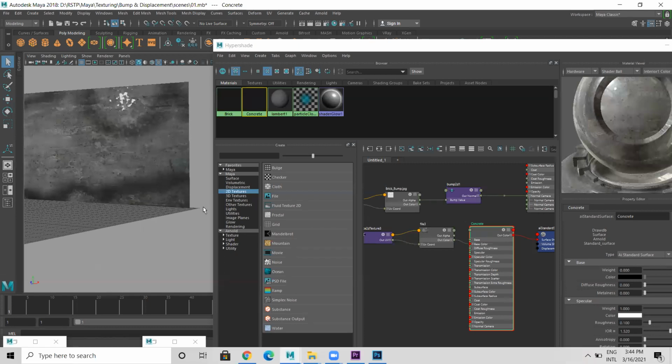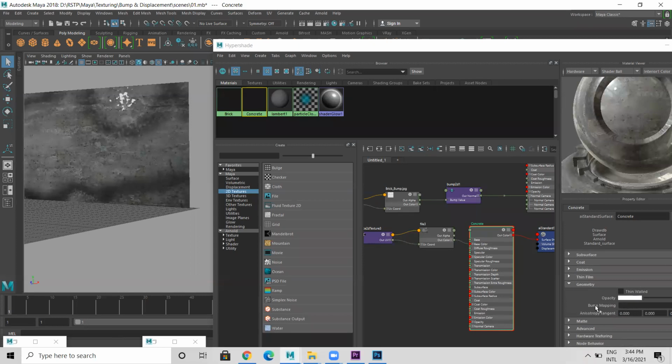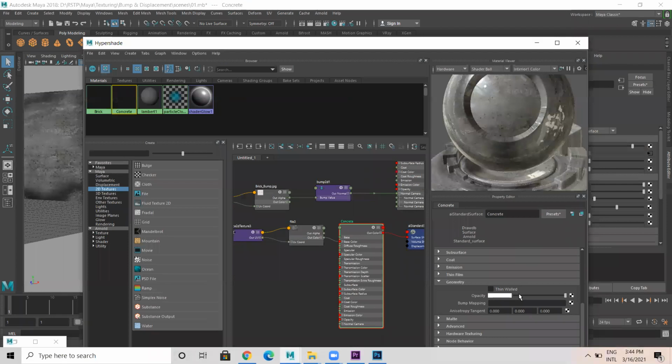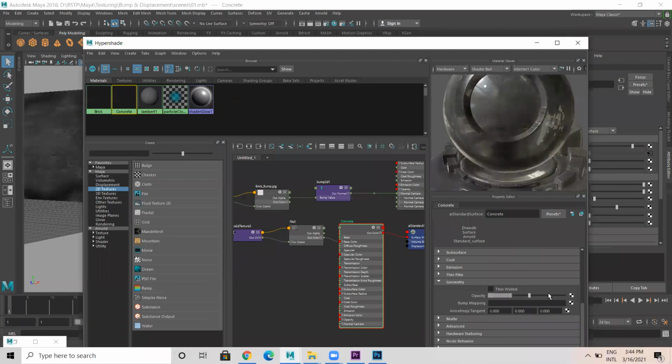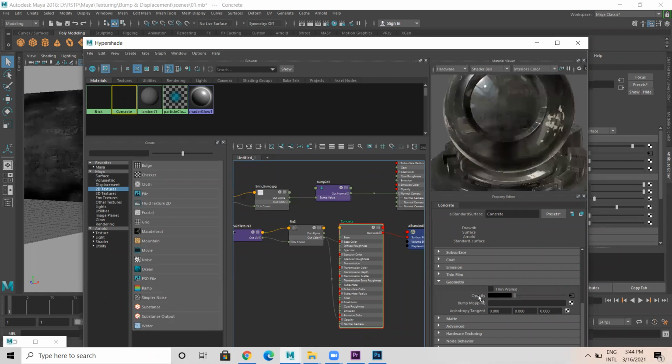Then after this, you have the same thing for opacity here. Same, we can connect to opacity as well.